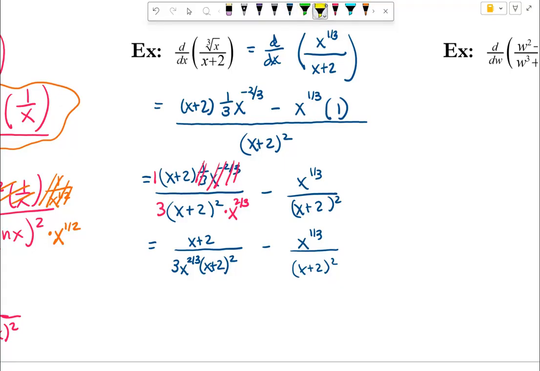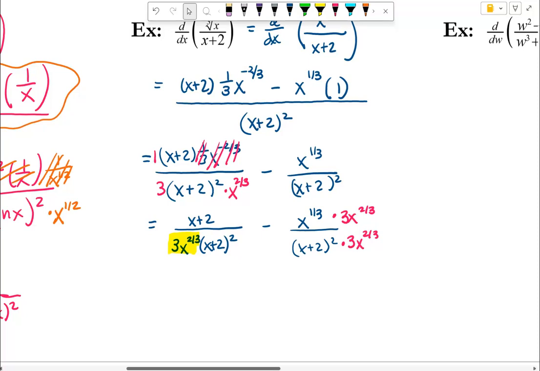So if I look, these two factors, the 3 and the x to the 2/3 power, that's all that changed about my denominator. So that means over here, I need to multiply by 3 times x to the 2/3 power in both the denominator and the numerator, as we do, so that we can change the denominator of our fraction. Okay, so now we have x plus 2